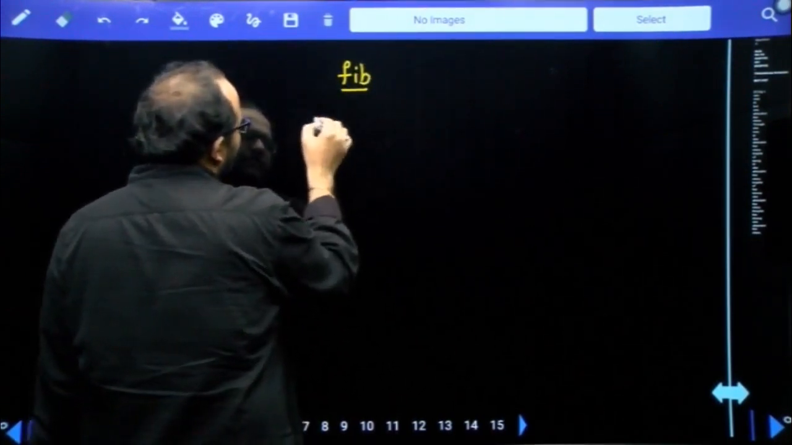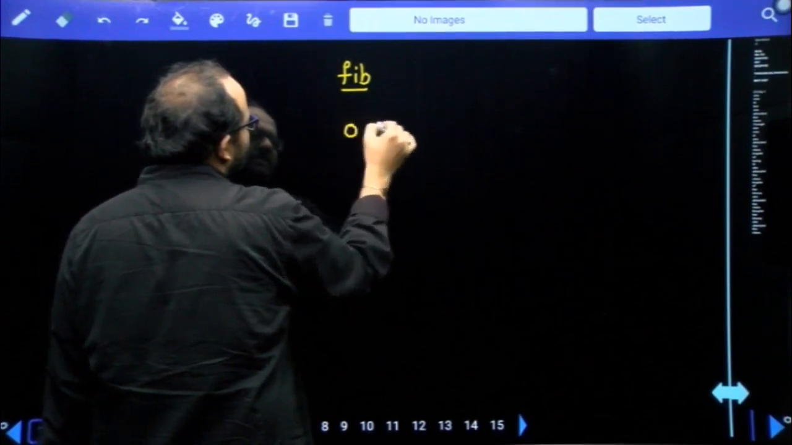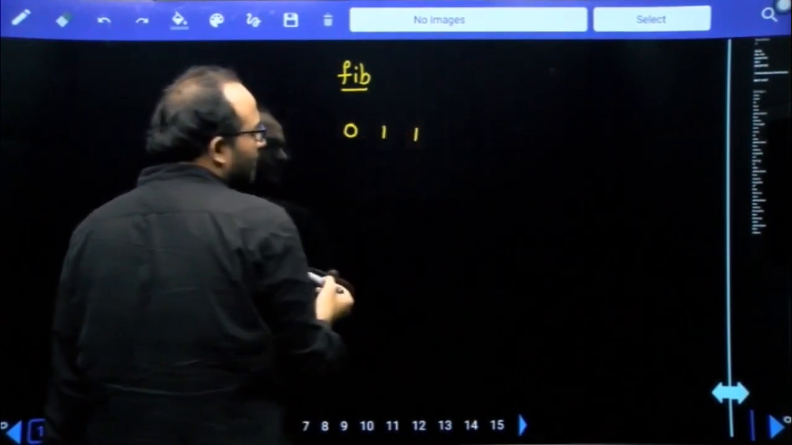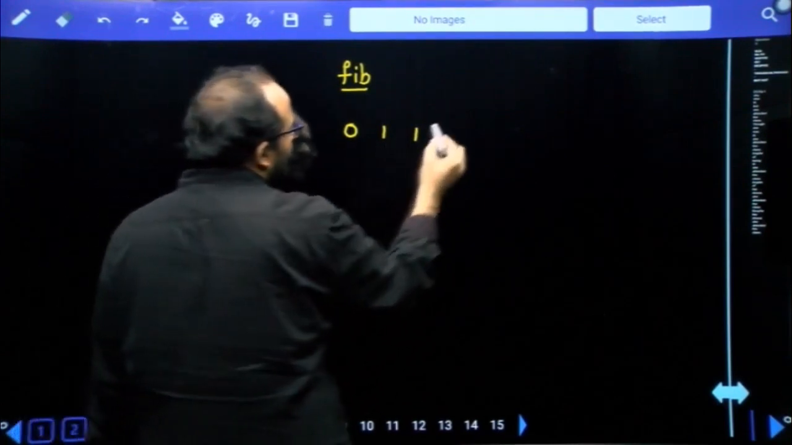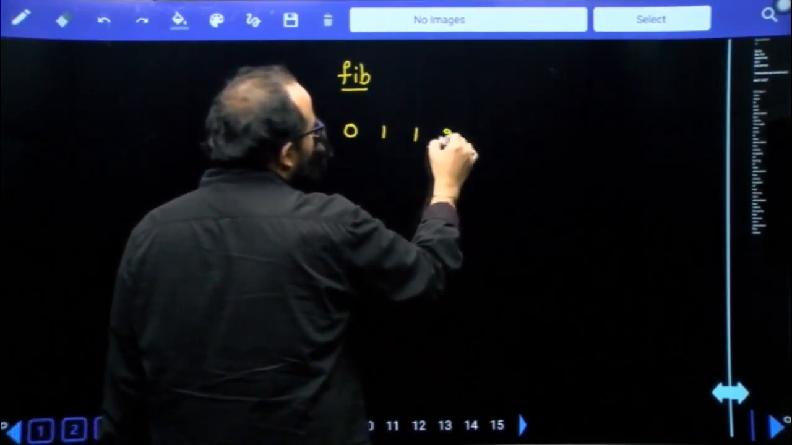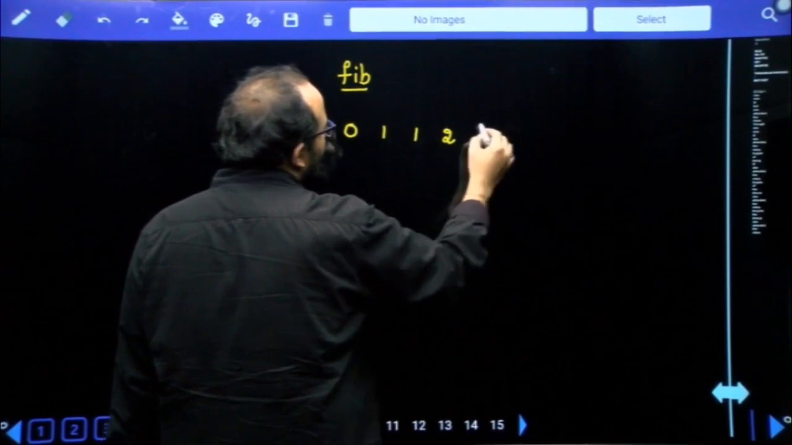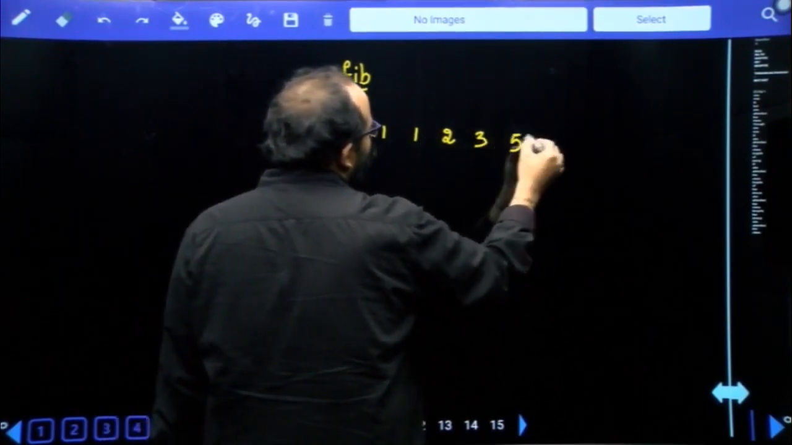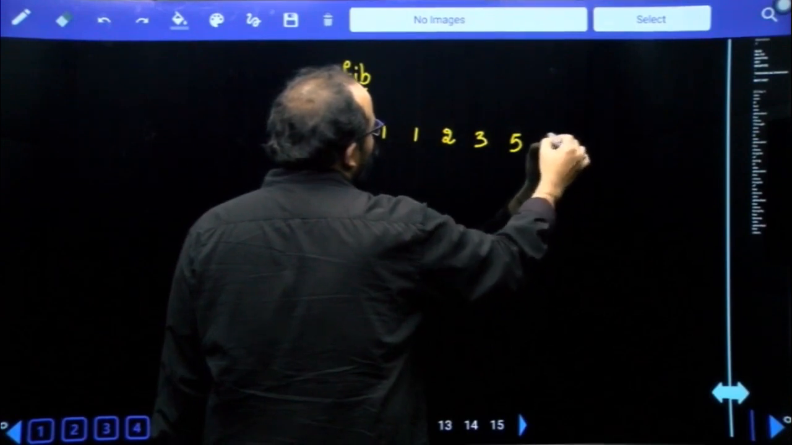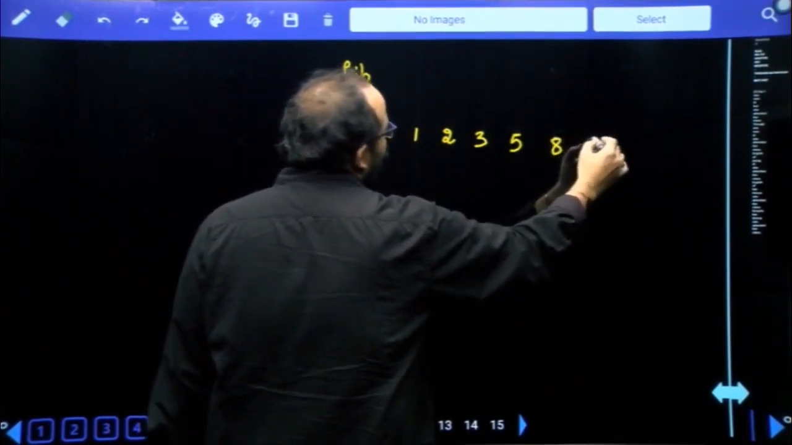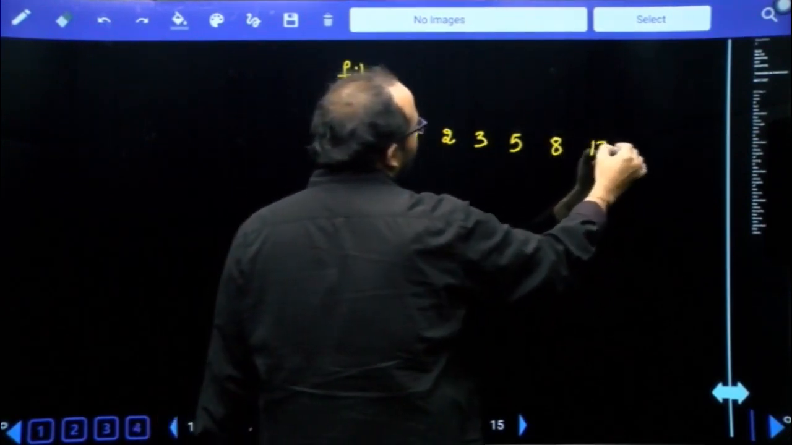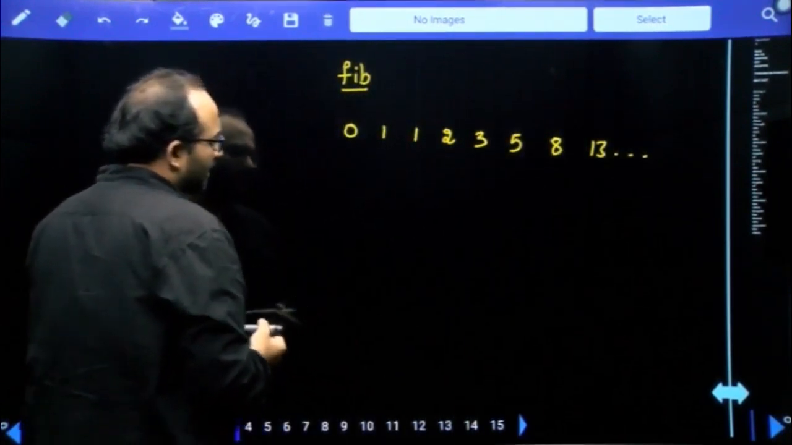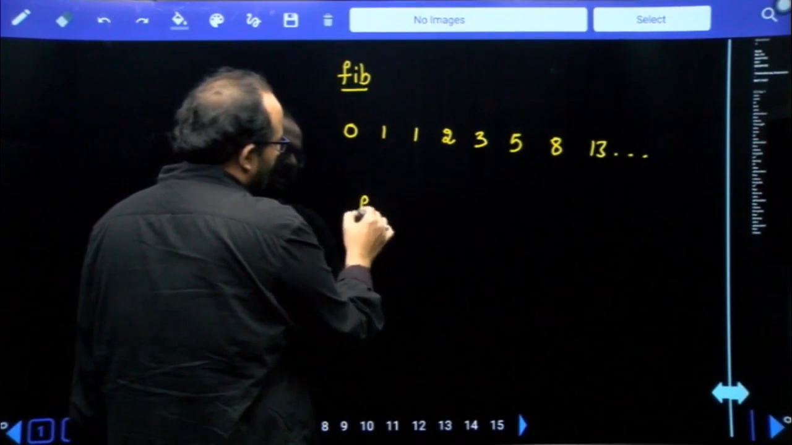You can see in the Fibonacci sequence, it progresses like this: 0, 1, and the third term will be 1 because 0 plus 1 is 1, and the fourth term is 1 plus 1, value will be 2, and the fifth term is 1 plus 2, value will be 3, and the next term is 2 plus 3, value is 5, and the next term is 5 plus 3 equal to 8, and the next term is 5 plus 8 is equal to 13, and so on like this. Okay. So if you observe here clearly,